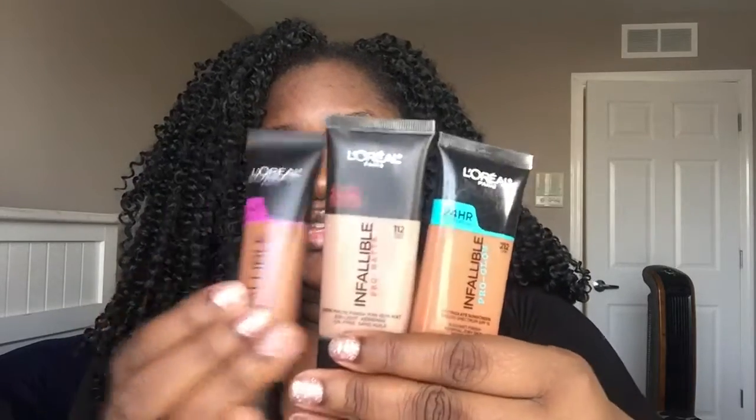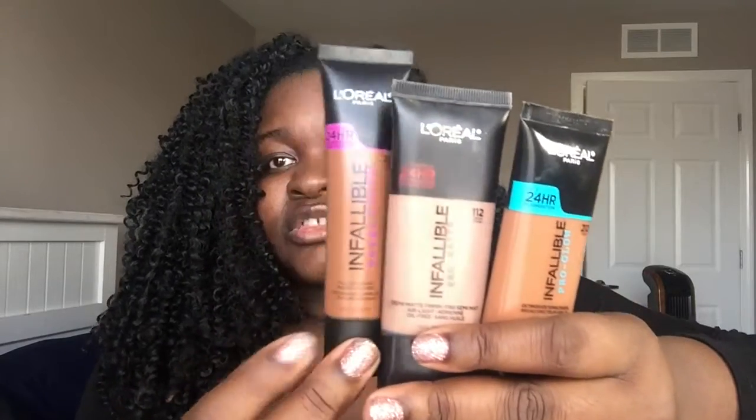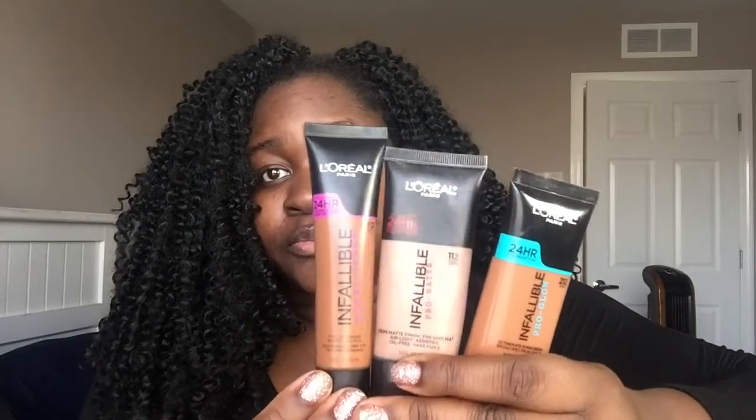Now, I've got my Pro Matte and Pro Glow Infallibles just to show a difference in the packaging. They have the same amount of product in them. It's just this one is more slender. So